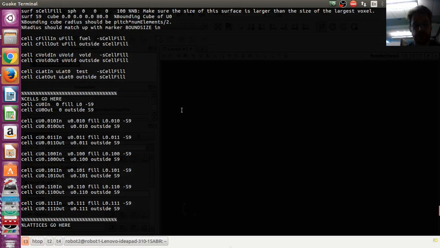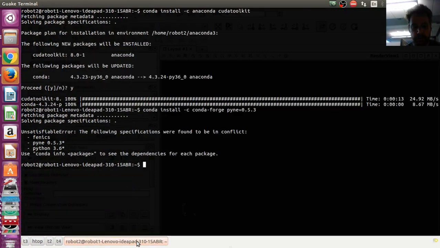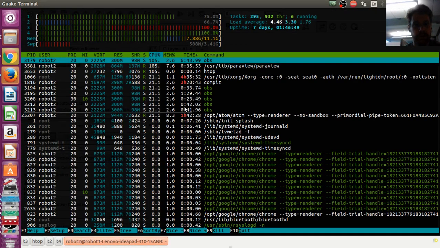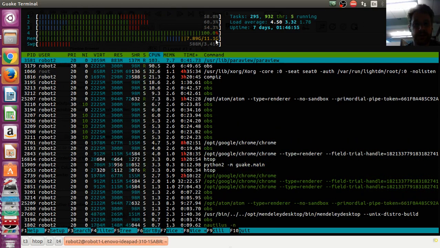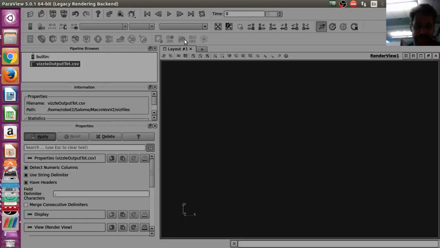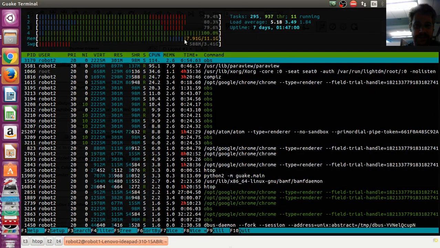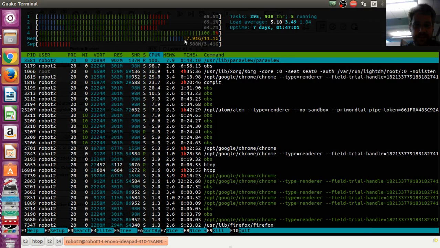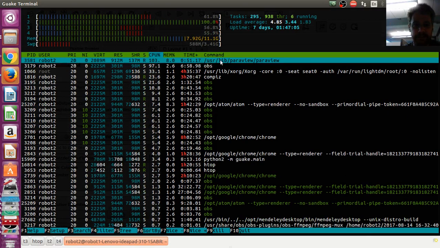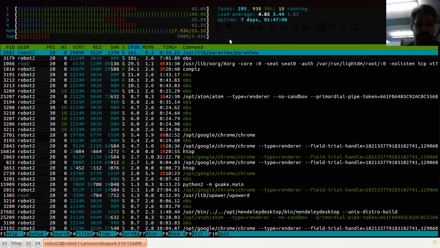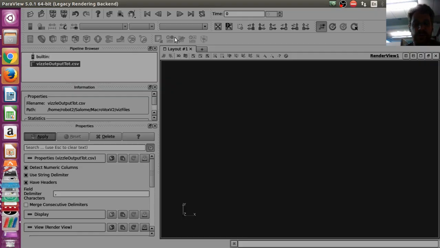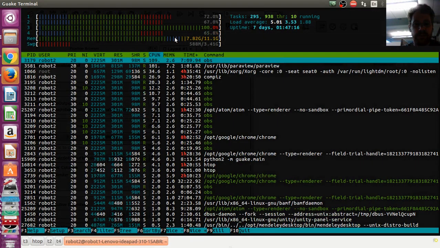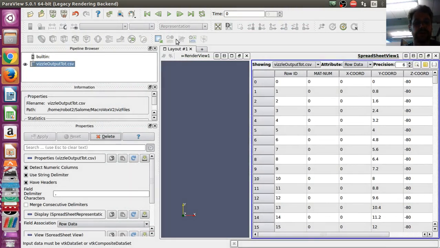If we take a look at HTOP, you can see that it's running all out here. When I'm not running OBS, usually one of the processors is in use. I've always wondered if there's a way to make it a bit more multi-threading friendly. Okay, so there's